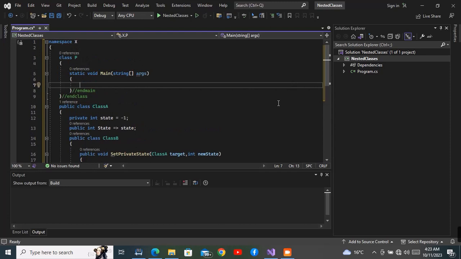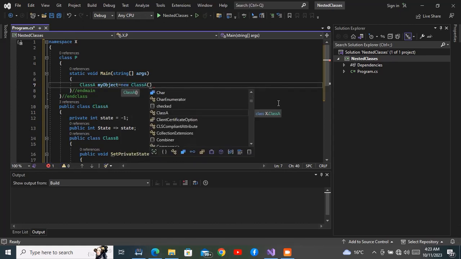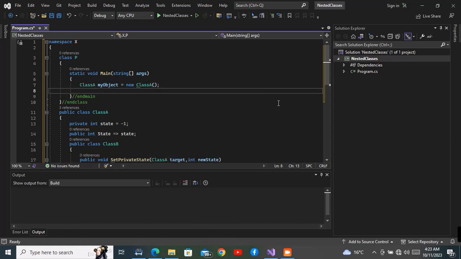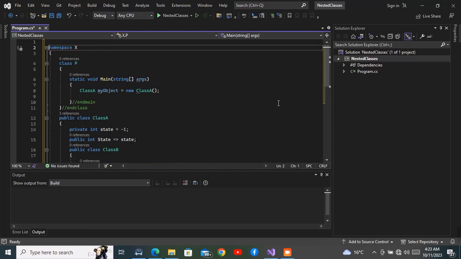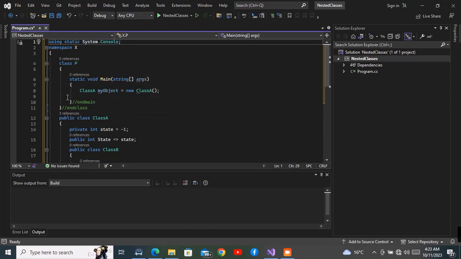The first thing that we are going to do is to create an object of class A, and we will call this myObject. myObject equals new class A. And when I do this, I don't have any constructor, so a default one will be provided for me. So let me just import a few things. Let me just have using static System.Console, and then when I'm here,